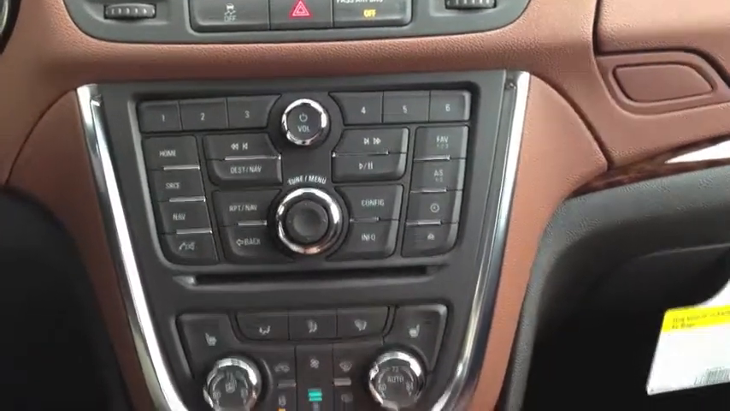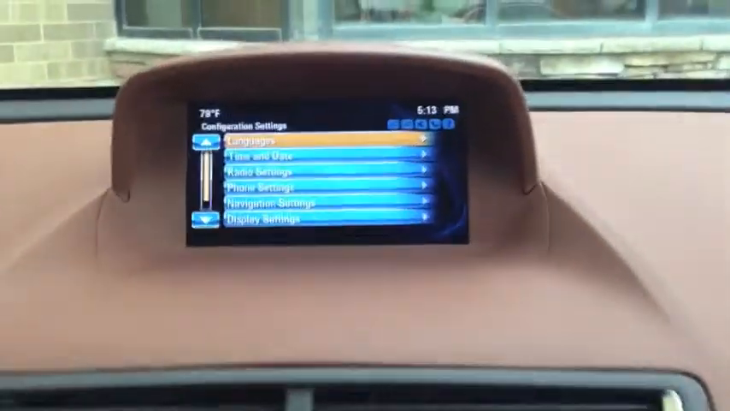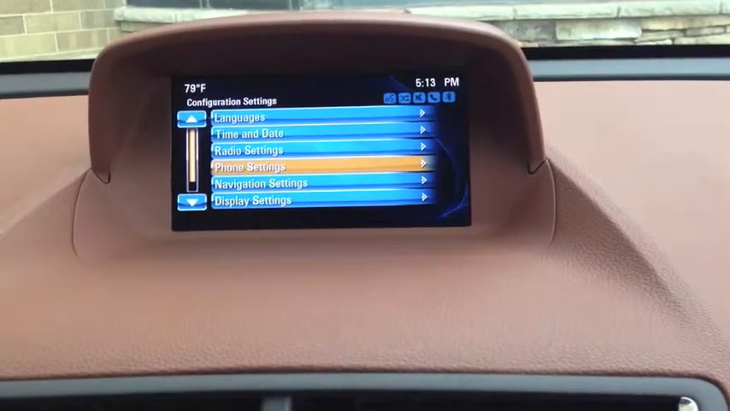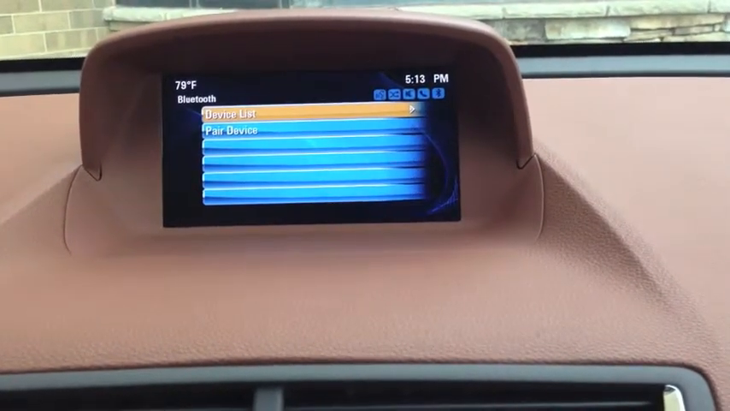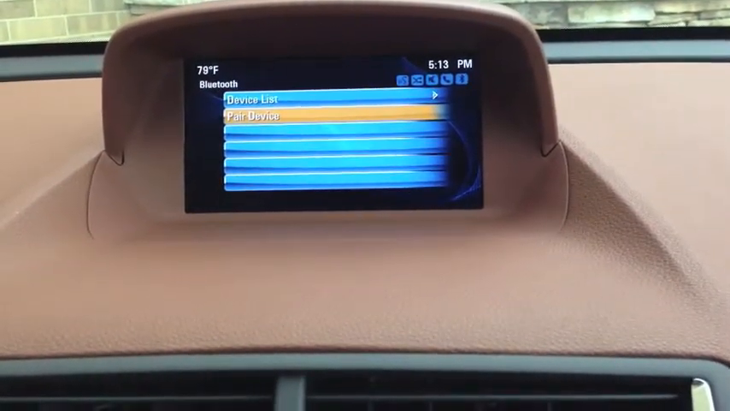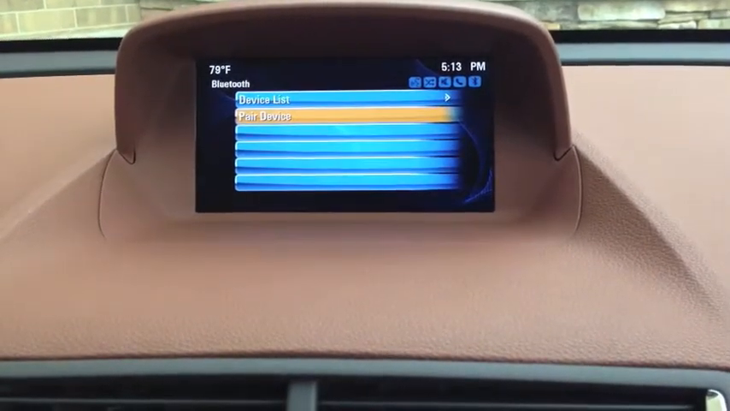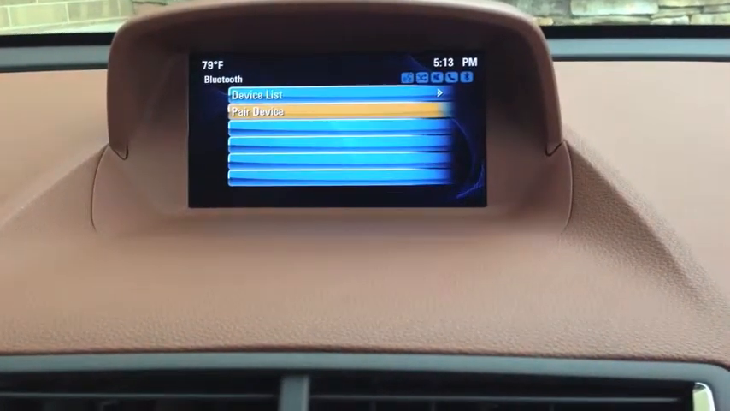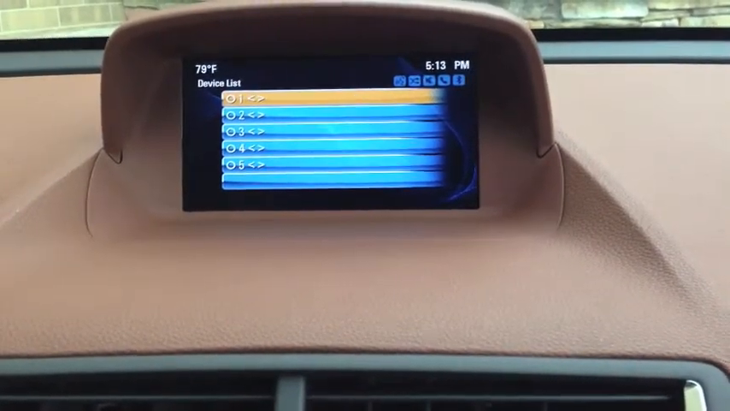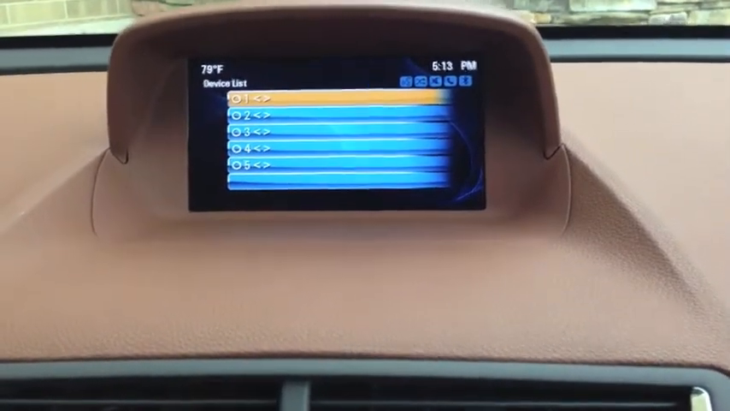Here's your configuration, which takes you into the settings. So you can scroll through your settings, time and date, radio, phone, and so forth. In the phone settings, here's where you would pair your phone. You just select pair device and follow the prompts. Make sure that your phone's Bluetooth is turned on, and it will walk you right through the steps to pair your phone. Once you have your phone paired, you can choose your device list, and you can see you can have up to 5 devices at one time paired to the Bluetooth,